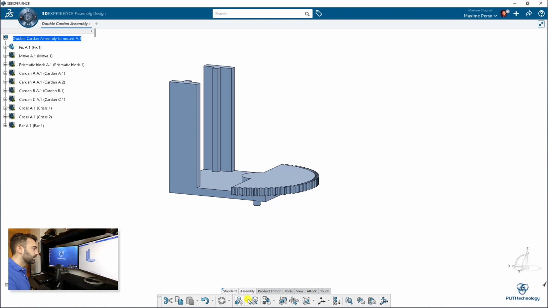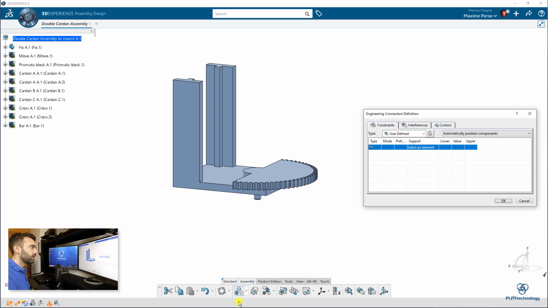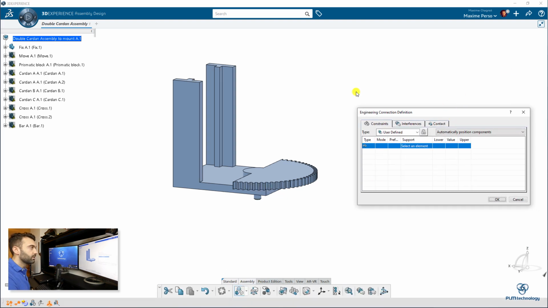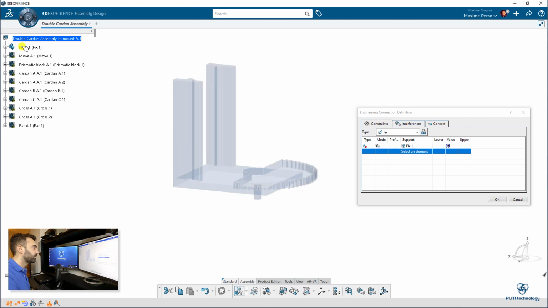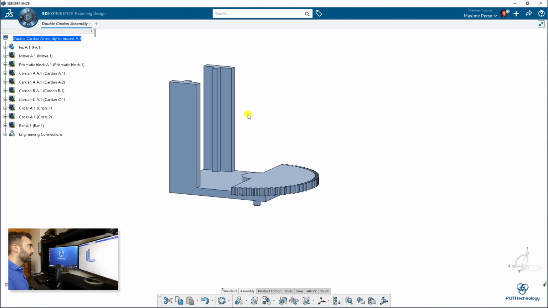So there are two ways. First way, you can just click on the fixed button there under the engineering connection, or you can also select the engineering connection button. You will have this panel that appears, and you can just select this part, and it will be considered as fixed in the assembly. Okay, now what we will do is